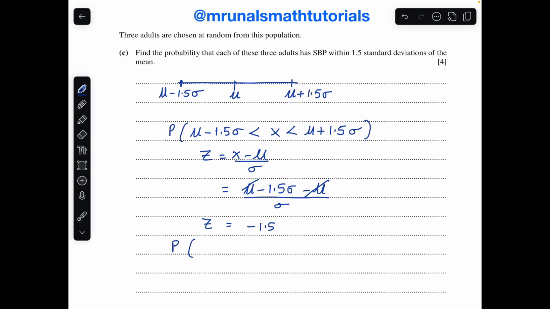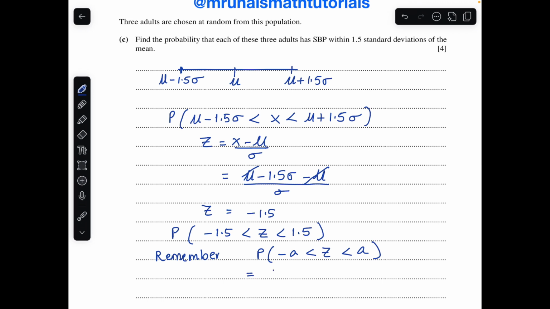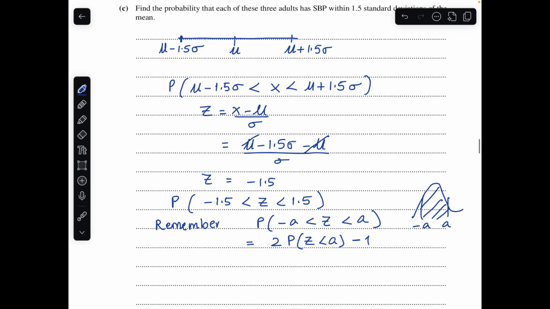So basically we are looking for negative 1.5 less than the z-score being less than positive 1.5. Remember, as a rule of thumb, when we are looking for probability from minus a to a, it is the same as 2 times the probability of z-score less than a, minus 1. So using that, we could say that the probability is going to be